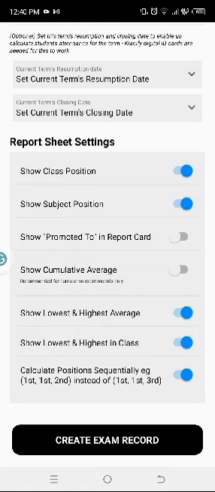Now, these three functions show lowest and highest average, and show lowest and highest in class. If you want these things to show on your exam record, you leave them on. If you do not want them to show, you turn them all off. Then for this, calculate position sequentially, if you want,